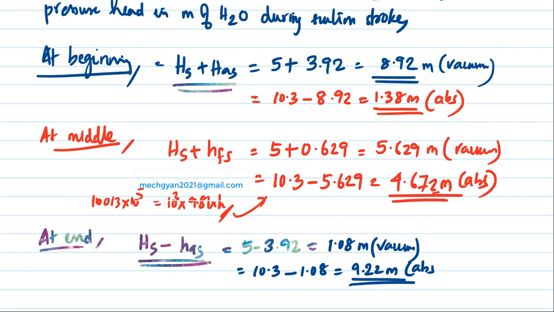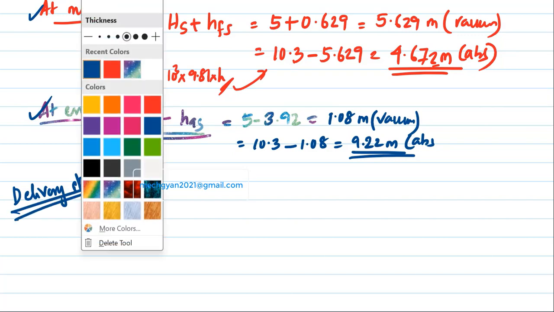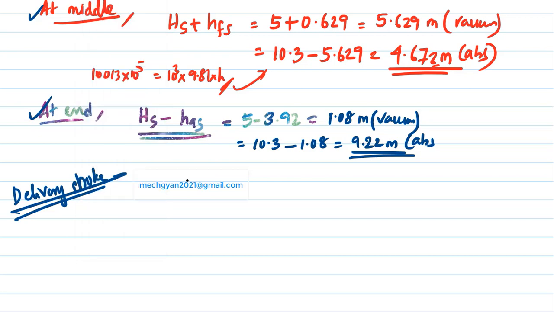At the beginning we found it, at the middle we found it, at the end we found it. Now we have to find the delivery stroke. The process is exactly the same repeated. So at the end of delivery stroke, HAD, instead of HAS, for delivery stroke is equal to LD by g into A by AD into omega